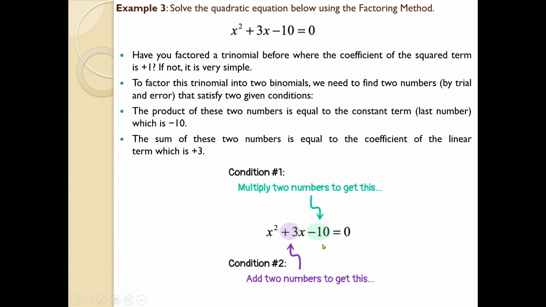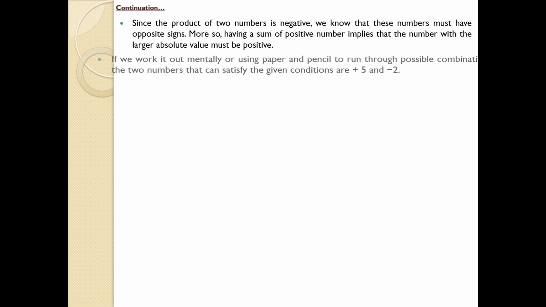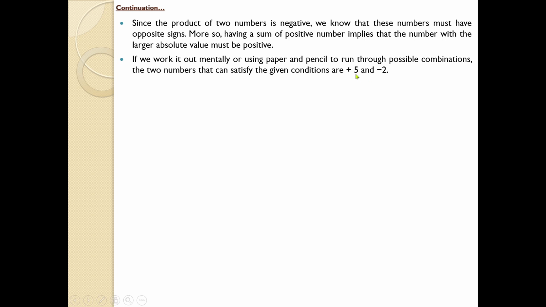See, this is the pictorial representation of the explanation which I have mentioned now. Minus 10 means you multiply the two numbers which you have assumed and get minus 10, and if you add those same two numbers, you must get plus 3 also. So if those conditions and your assumptions are correct, then the values will be plus 5 and minus 2.